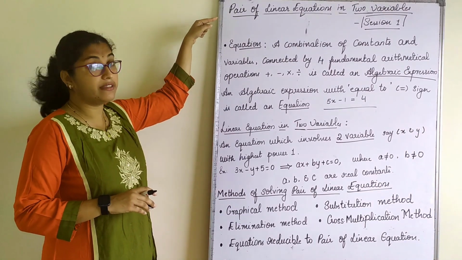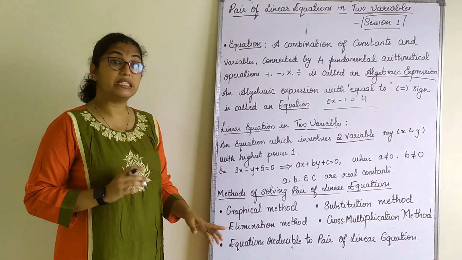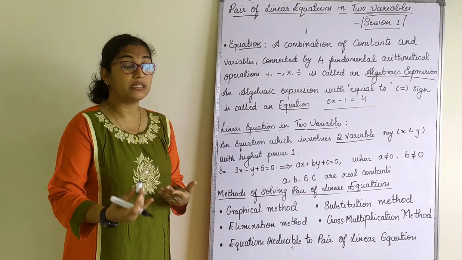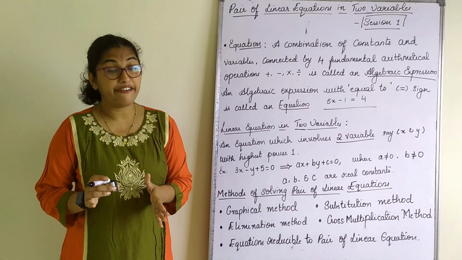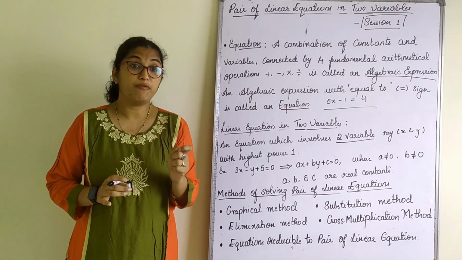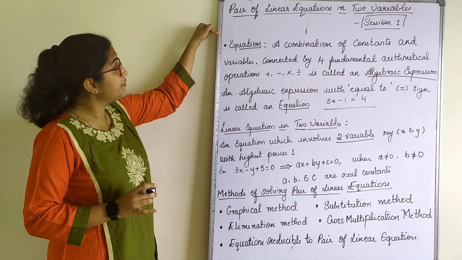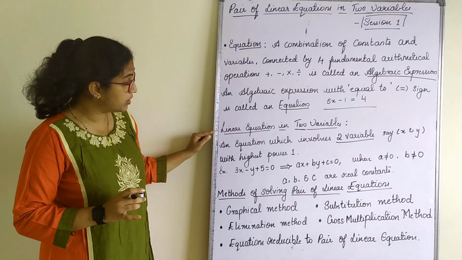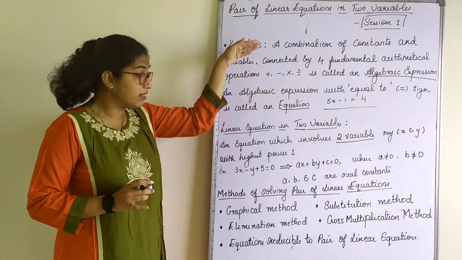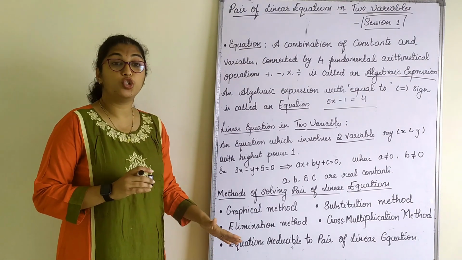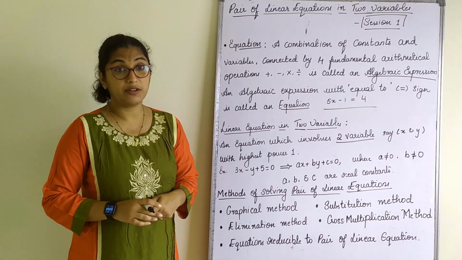Now, I want you all to give the heading as pair of linear equations in two variables and copy this down in your mathematics book. Later, when we solve by the graphical method, that will be done in the graph book only. So please take out your graph book also, which I have given to you. But this whole thing, from the equation, algebraic expression, linear equation in two variables, methods of solving a pair of linear equations, all the details which I have written on the board should be written in your mathematics book, 400 pages. Please copy this down.